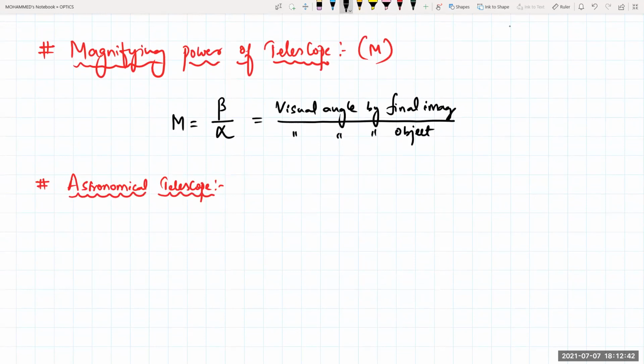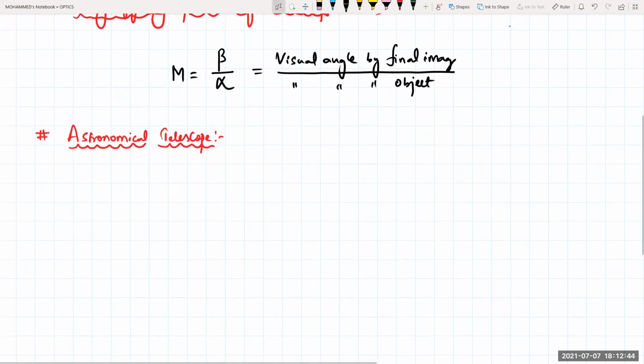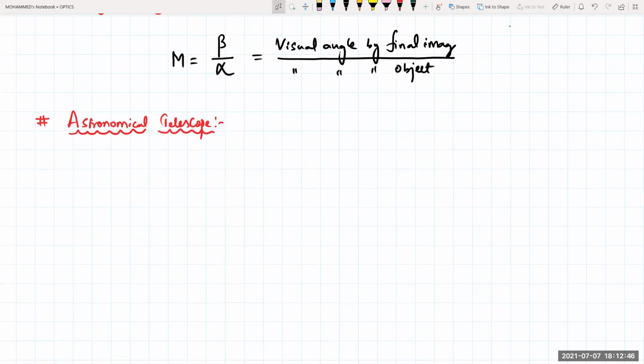Okay, so what is an astronomical telescope, beta? Astronomical is used to see heavenly objects. In this one, the objective lens has a larger focal length and the eyepiece has a smaller one. You might have seen the lenses like this. So this will be something like this. You will be seeing from your eye right now here. So this is your eye. This one will be larger. This is nearer to the eye, it is the eyepiece, and this one is near towards the object, it is the objective part.